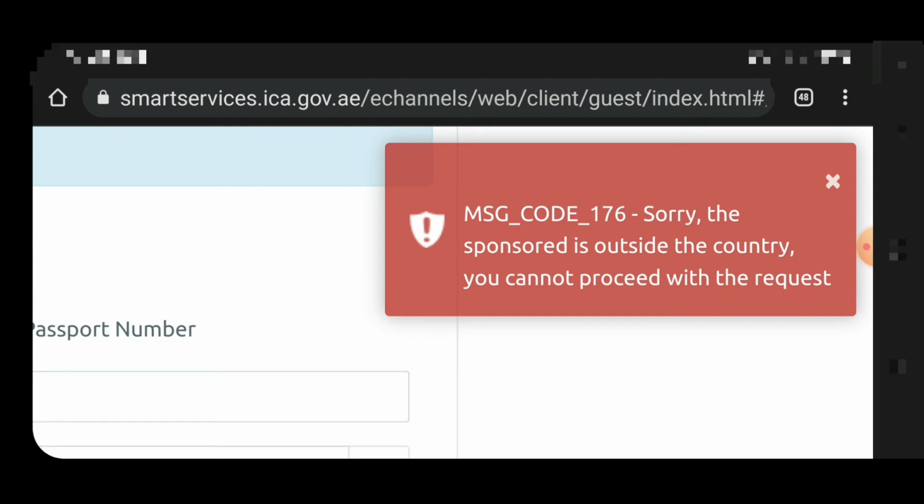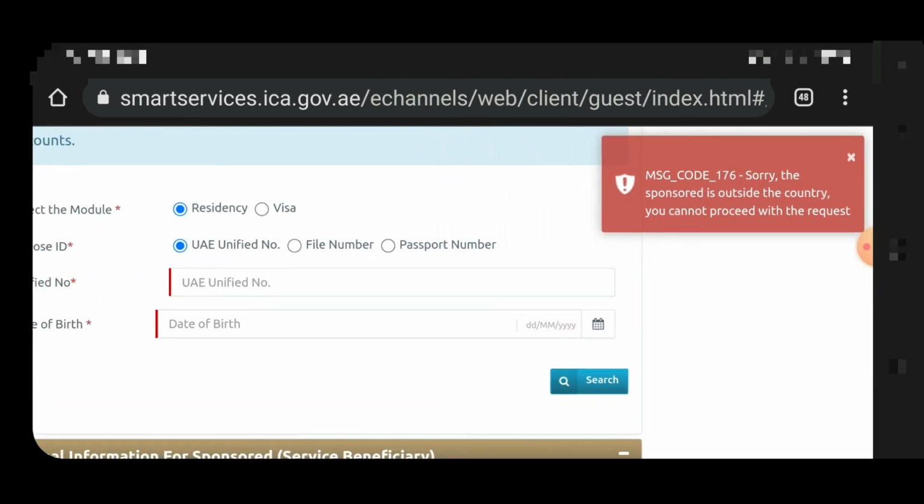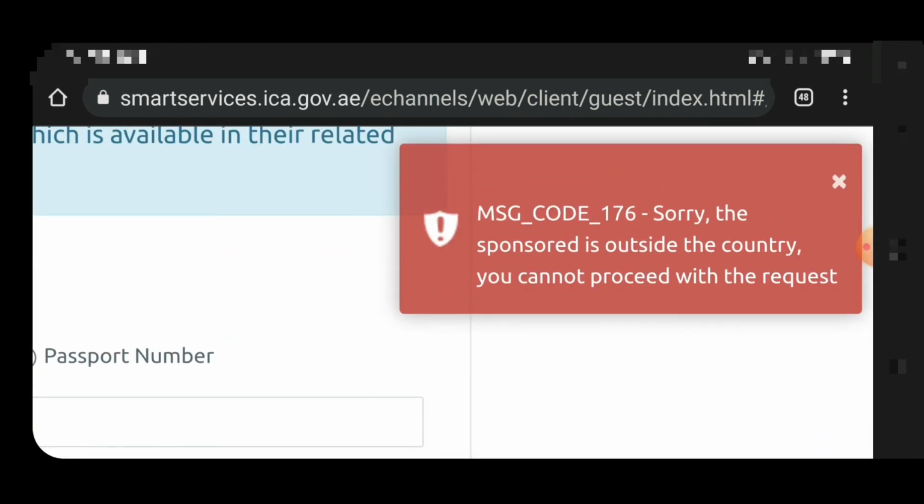If you want to check the file validity, whether the person's visa is cancelled, closed or permanently closed, you have to check my video on file validity. Then you will know whether the person's visa is cancelled or not. This is the short way to check if the person is inside and his visa is cancelled or not, because sometimes with ICA, if you check the file validity, the system shows active and the person's visa is already cancelled. So it means that it is not totally correct. Sometimes the system gives an error. So if you are going to check the file validity, you have to check this way to match the result.